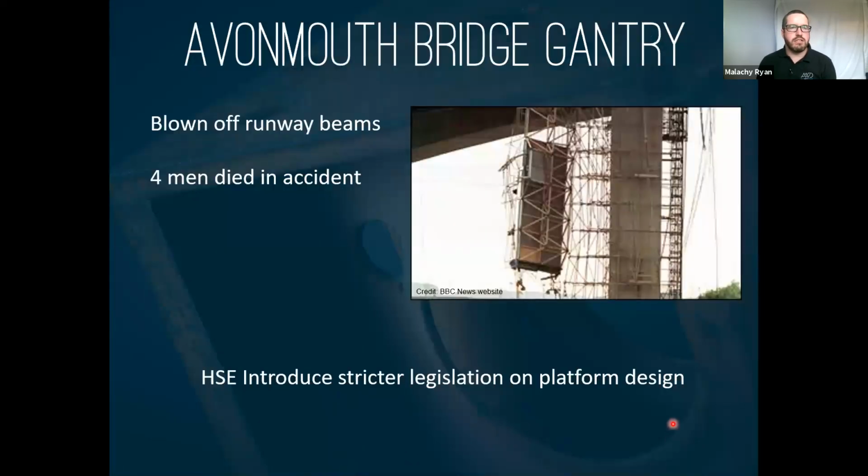Avonmouth Bridge disaster in 1999 was a project where 4 operatives unfortunately lost their lives. So a platform was blown off the runway beams, and 4 guys dropped to their death. What happened was that safety devices on the platform were ignored, because it allowed the people to get the project done quicker, and they were on bonuses based on that, which is a tragedy. So what happened was that the